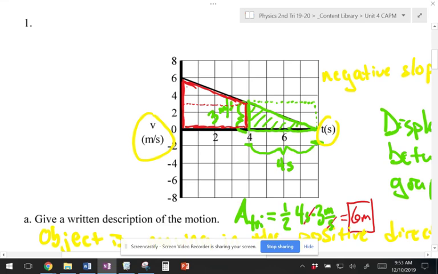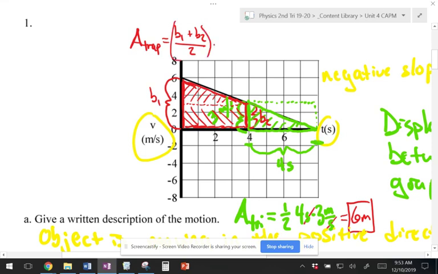You could just find the area of this triangle and add it to the area of this rectangle. Or if you want to see it as a trapezoid, the area of a trapezoid is base 1, that would be this side over here, plus base 2, that would be this side over here, divided by 2, and then you take that times h. It's kind of awkward. Like if I tip my Chromebook, oh, that doesn't work. But if you tip it sideways, then it looks more like height. So that's how that goes. So B1 is,